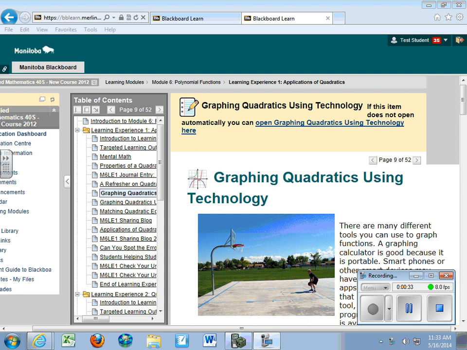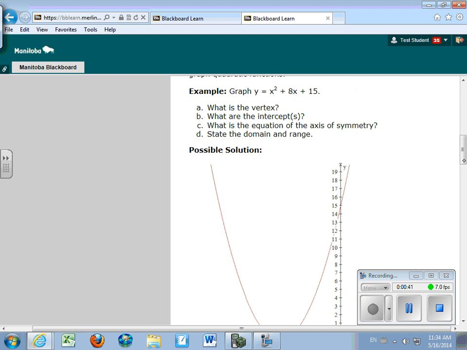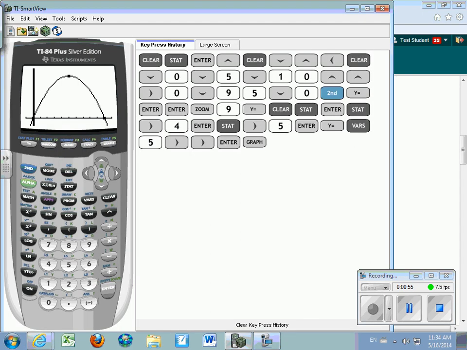So I'm going to start with some quadratics. This example here, I'm just going to skip down to the example. Graph y equals x squared plus 8x plus 15, and then it asks you a few questions: the vertex, the intercepts, the equation of the axis of symmetry, and the domain and range. So if we go to a graphing calculator,